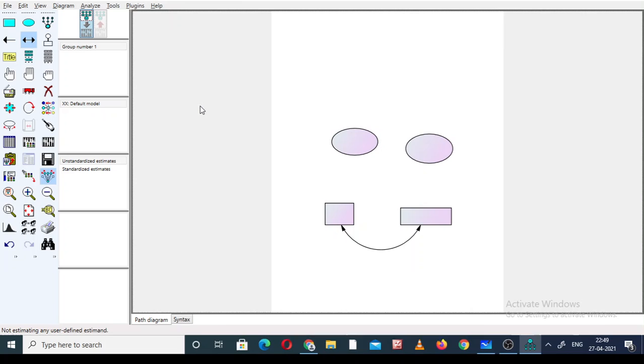In the first video we discussed this. This is enough for the first video. I told you what AMOS is, the basic concepts of AMOS, the rules of AMOS we already discussed, and this is the framework of AMOS, and these are the basic functions. So it's all about the first video of AMOS, the basics.